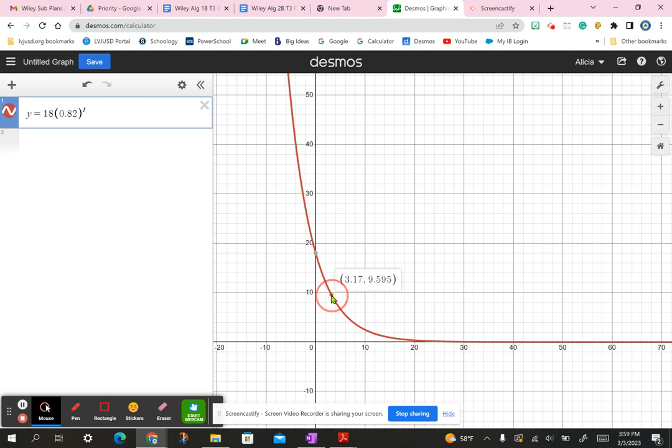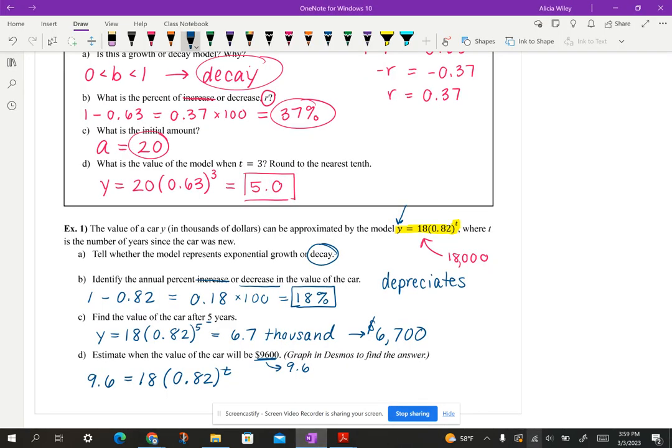So maybe you just say a little over 3 years, right? So I can go here to this, and I'm going to say that about 3 years. And I'd be okay with that answer. If you want to say a little more than 3 years to be a little bit more exact, that's fine too. So if you get something like this where they give you the y value and they want you to find t, or in our case, that's the same as thinking x, go ahead and use Desmos to help you